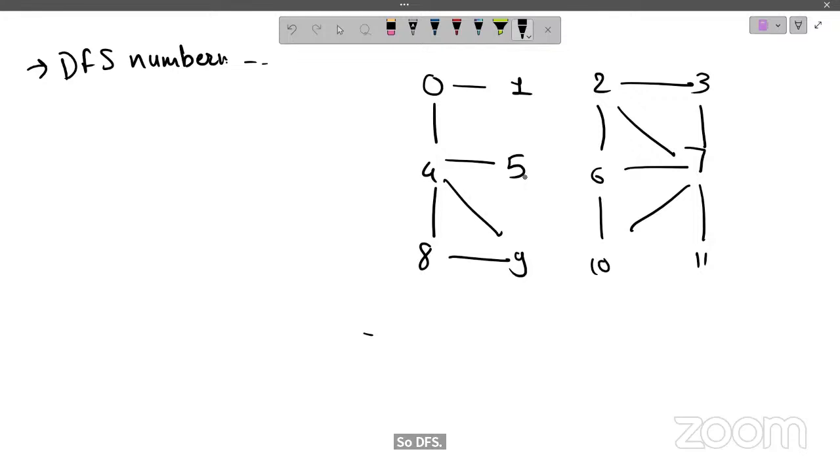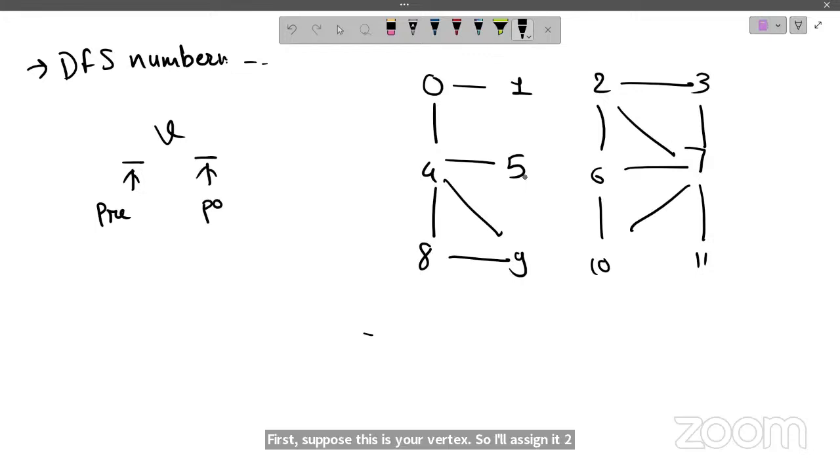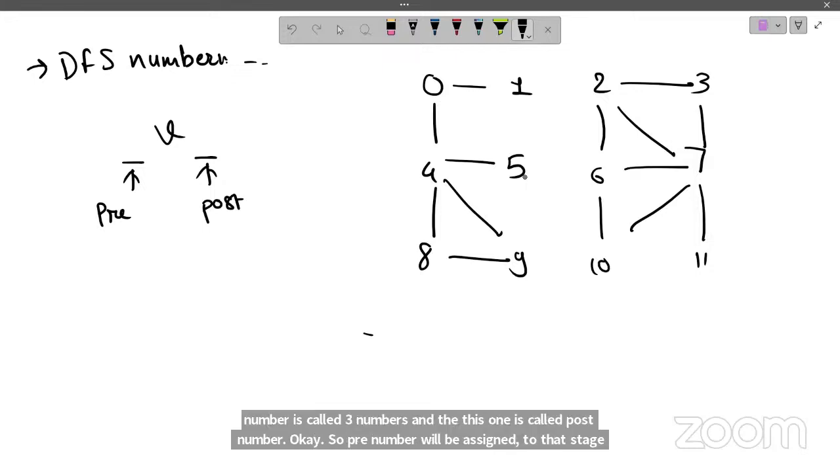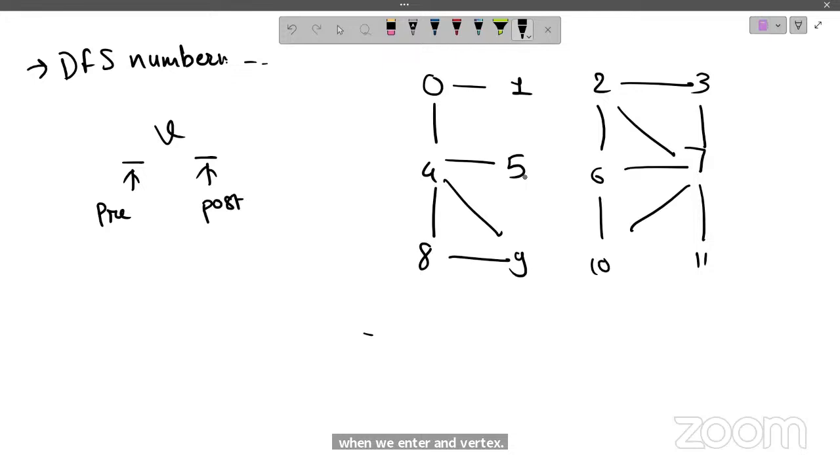So the DFS process will assign each vertex two numbers. Suppose this is your vertex, so I'll assign it two numbers. The first number is called the pre number, and this one is called the post number. The pre number is assigned at the stage when we enter a vertex, or when we want to explore that vertex, and the post number is assigned to that vertex when we leave it. For example, in this graph, if I want to use DFS,